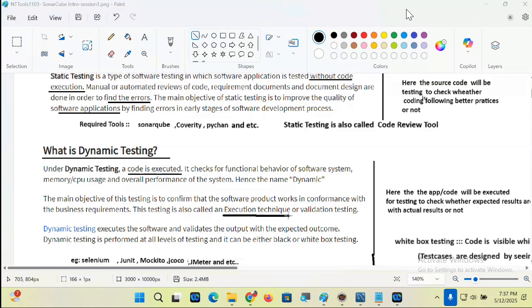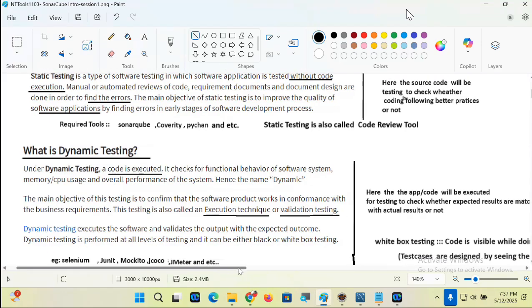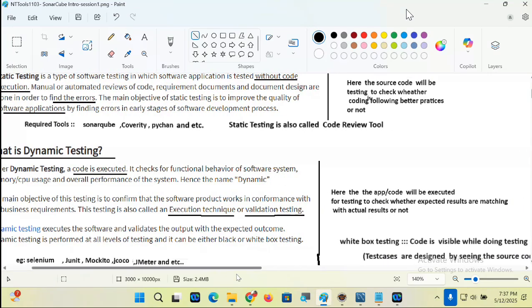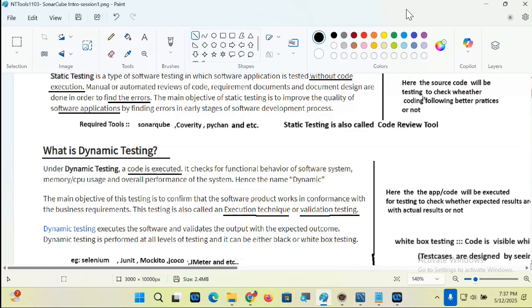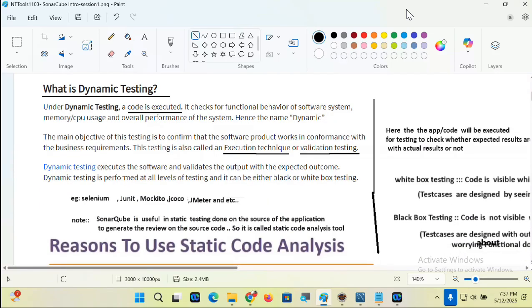Here the application or code will be executed for testing to check whether expected results are matching with actual results or not. Expected results are matching with what? Actual results or not. Are you getting my point there or not?